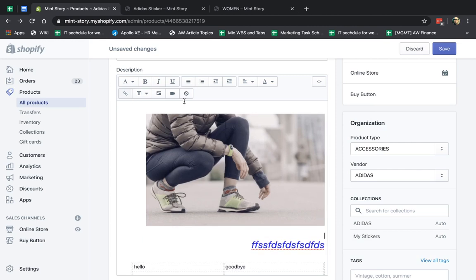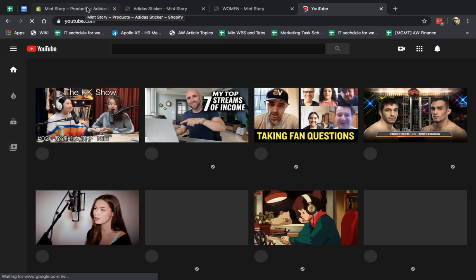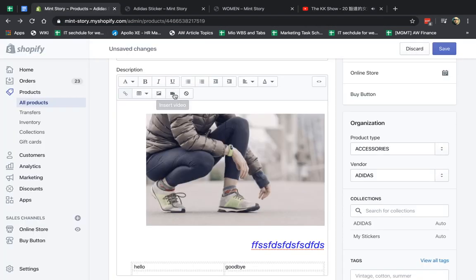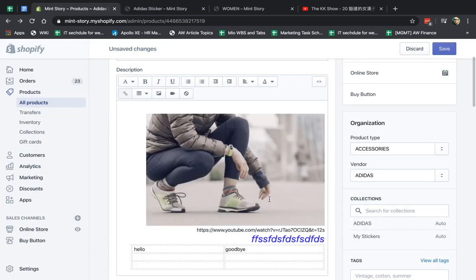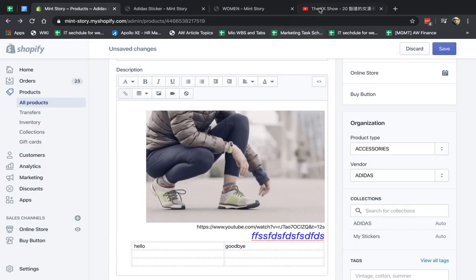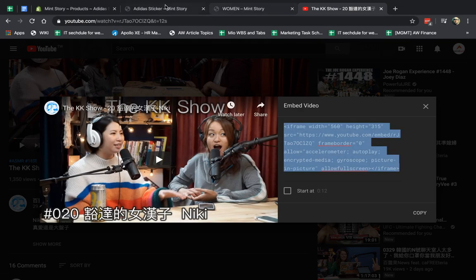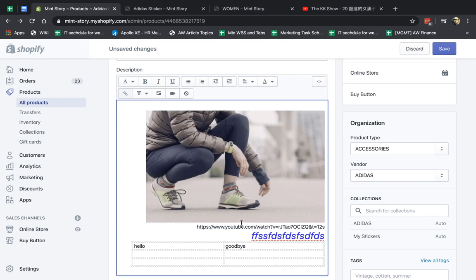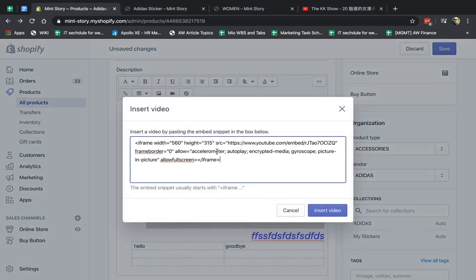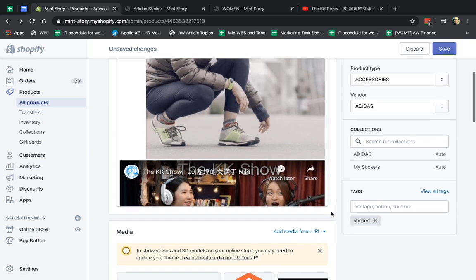Okay, what else can I do? I can embed a video, put a video in, go from there. So let's go ahead and put a video. So I'm going to go here to YouTube, right here, and I'm just going to take this video, okay, and I'm going to go here to video, and I put it in and insert my video. Okay, sorry, my mistake. What did I do? I'm going to click here and share, my mistake, and I'm going to go to embed, and I'm going to copy this iframe. I went a little too fast, and I'm going to go back here, click here, embed, copy the iframe, and oh, I got a video here.